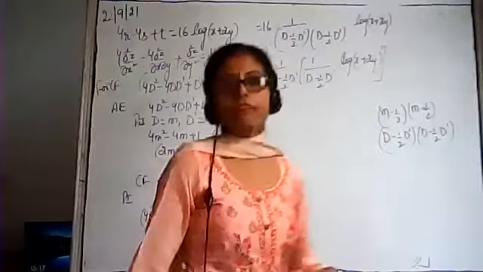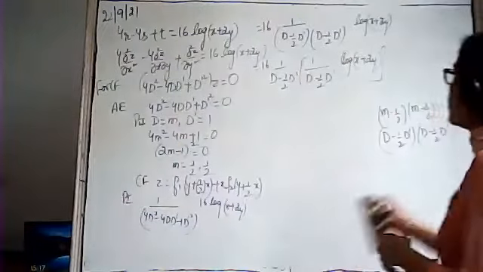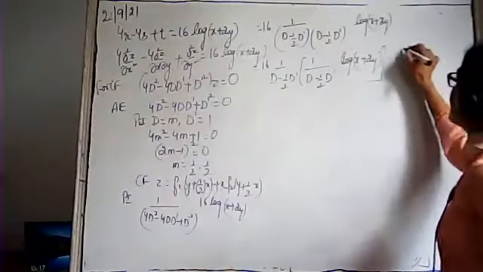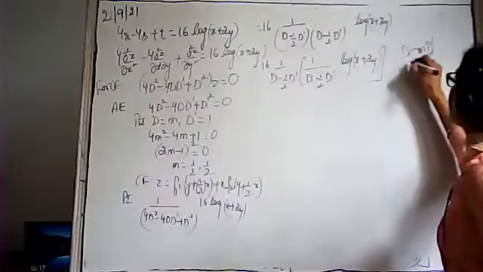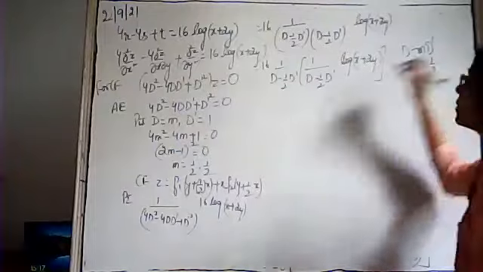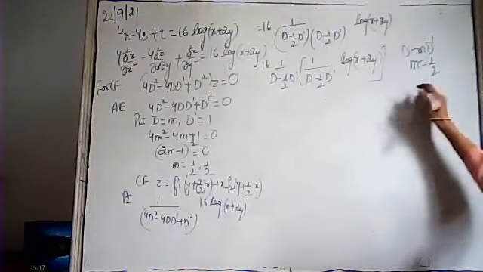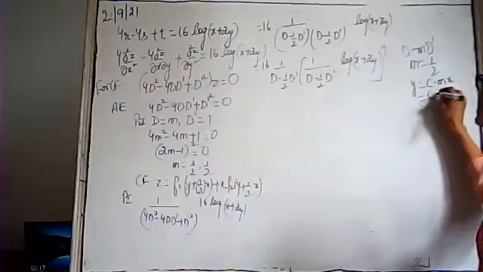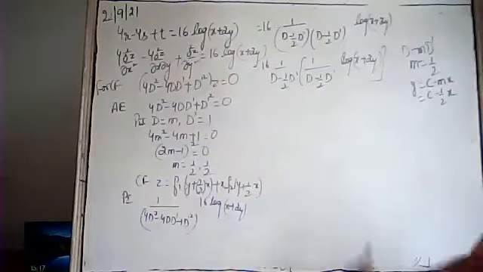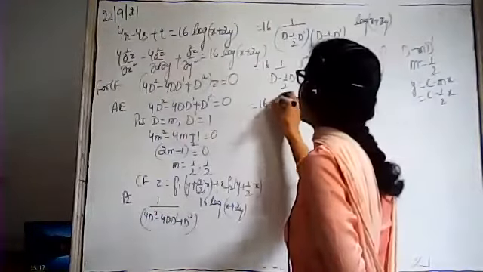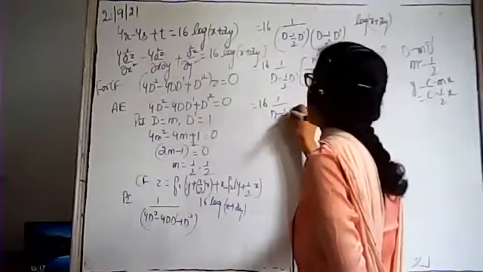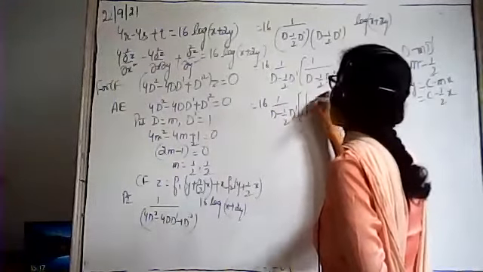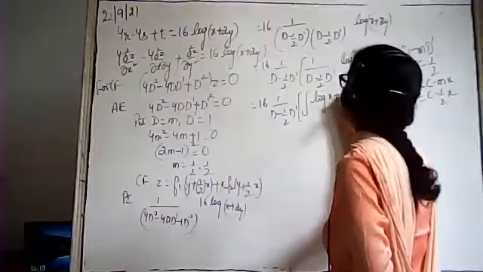Okay, take one function. Now this function we have to solve. If we compare this with D minus m D dash, we get the value of m as 1 by 2. And we have to replace y with c minus mx, that is c minus 1 by 2 into x. So it can be written as D minus 1 by 2 D dash. Here, you have to integrate the function log of x plus 2y.